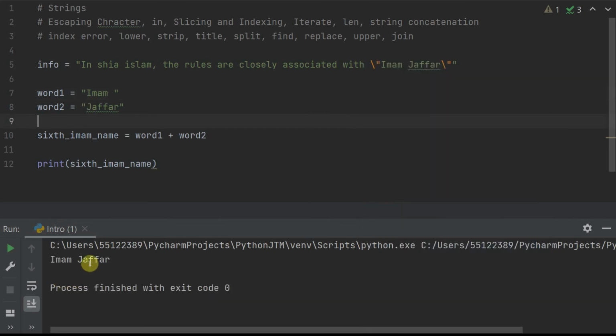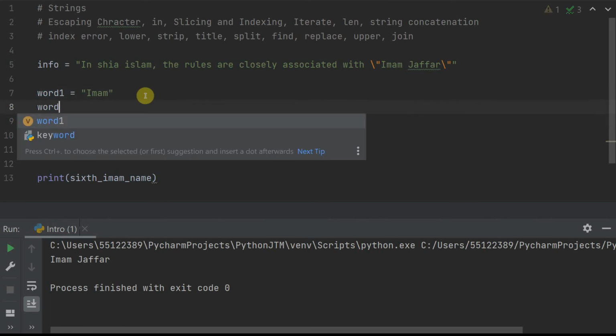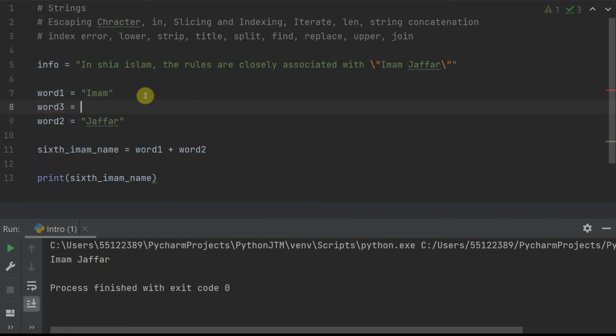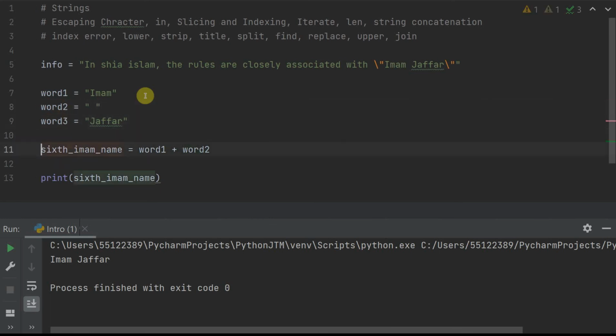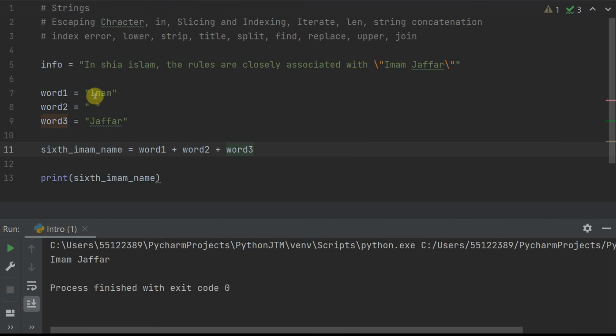Now you would notice there is a space. Or if I want to make my life complicated, I could just say word 3 is equal to a space. Let me make it 2, this is 3, and just simply word 2 plus word 3. So what it'll do now is Imam, space, and Jafar.